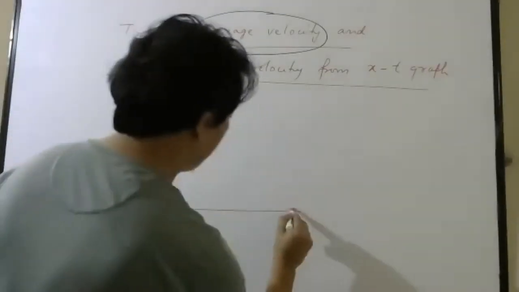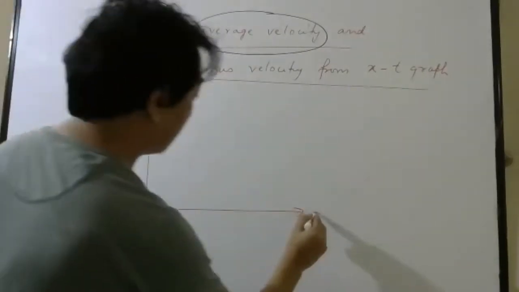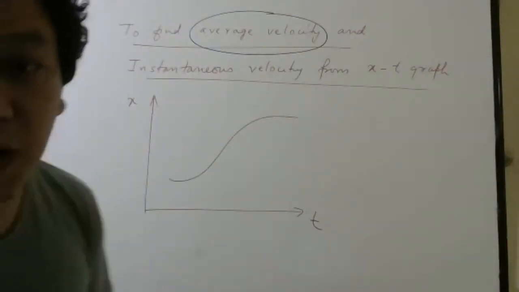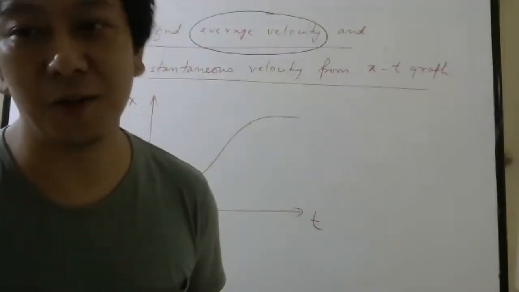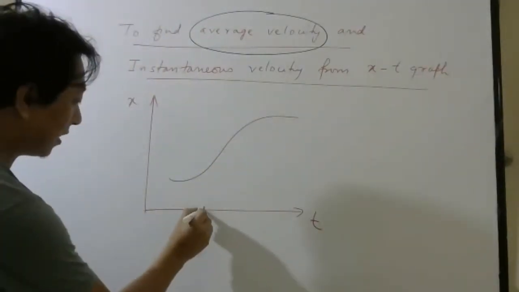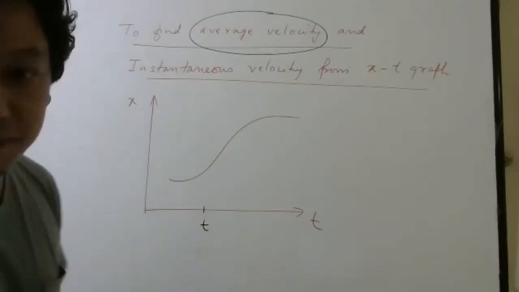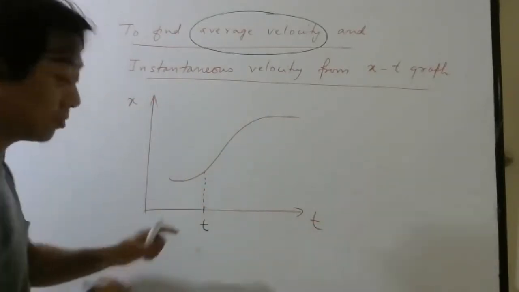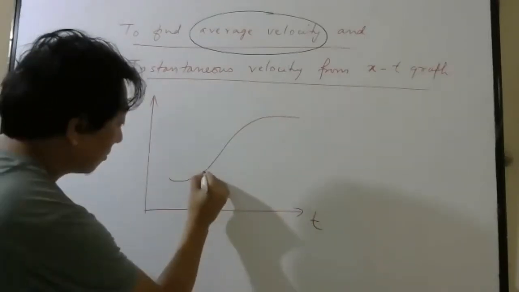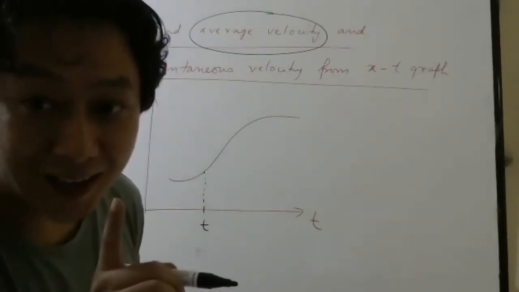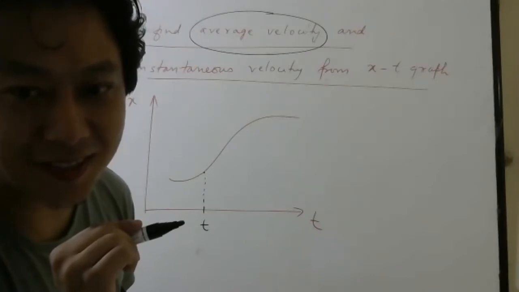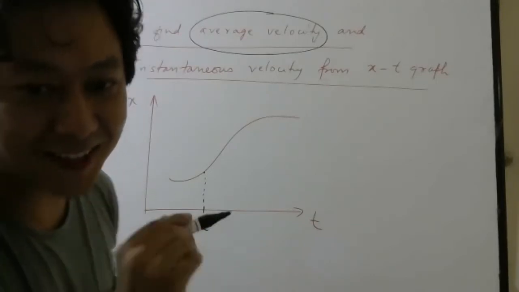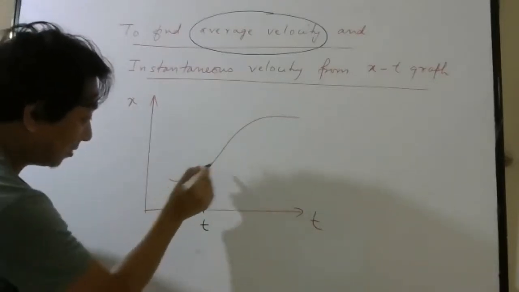Very simple. First, you look at the graph. Your graph may be anything like this. Then first you have to ask at which moment you want. So let's say somebody says here, at this time. Then what you do? Find the point corresponding to this time, 1 point. Then you have to draw a, who remembers? Then you have to draw a tangent. Very good. You have to draw a tangent to that point.